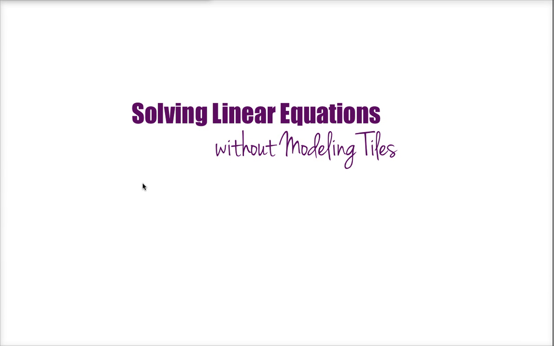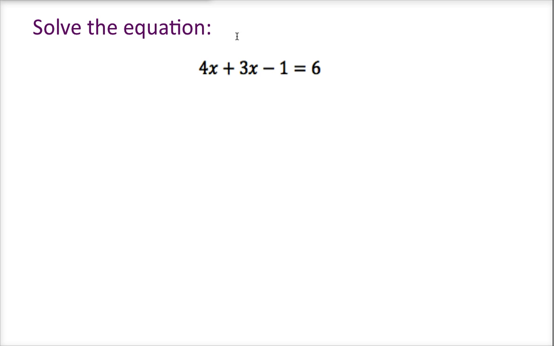So in this lesson video, we're going to learn how to solve linear equations, this time without using the modeling tiles. Okay, so we're asked to solve this equation, 4x plus 3x minus 1 is equal to 6. So notice we have two expressions that are just set equal to each other. The first step is I want to simplify the expressions so I have the easiest possible expressions to be working